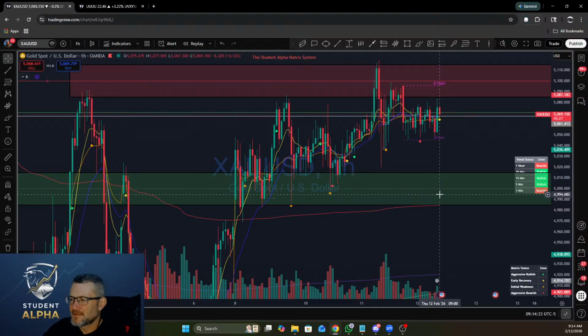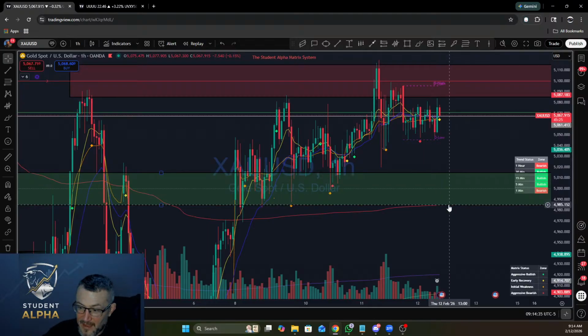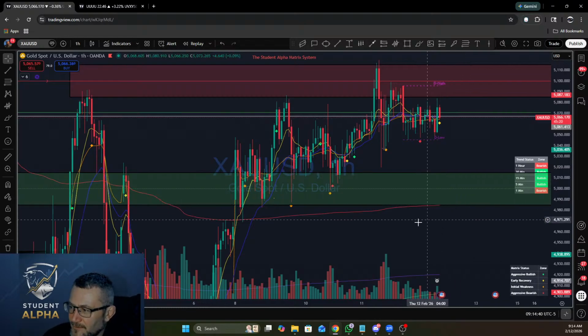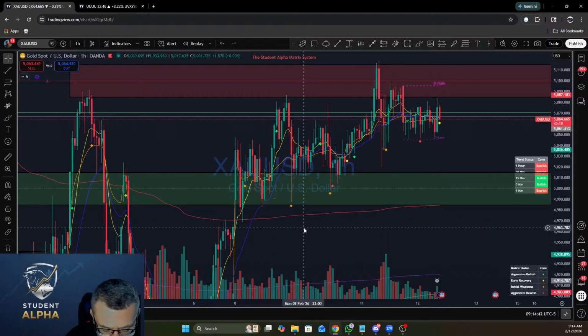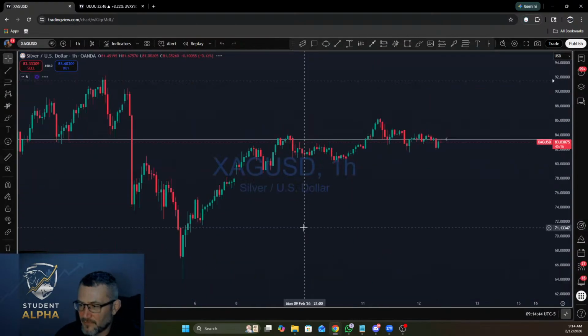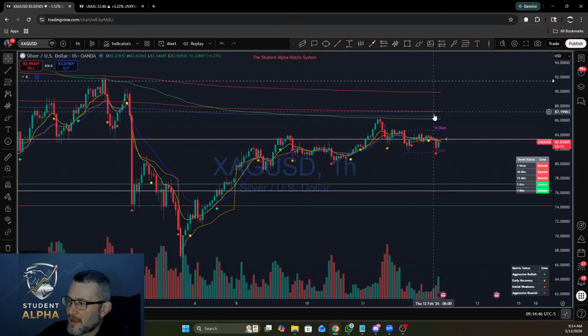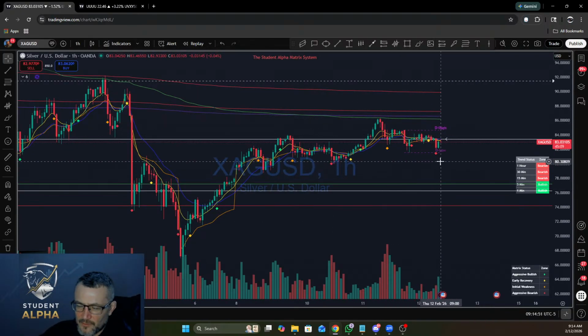The bottom of that box is your level. As long as we stay above that, gold's actually looking strong, whereas silver is the opposite. Silver is on the other side of that. And I think silver is going to get manipulated. See, there's the all-time high. So it could sell down again. I think it will. I think there's going to be another short attack by time expiration.